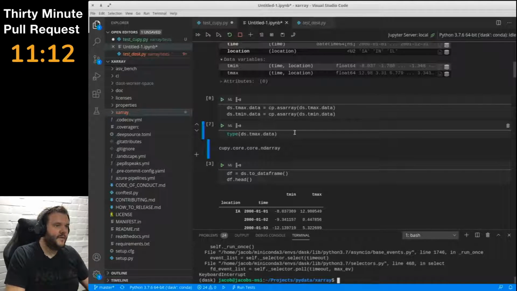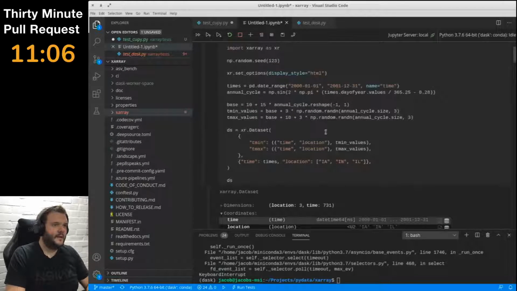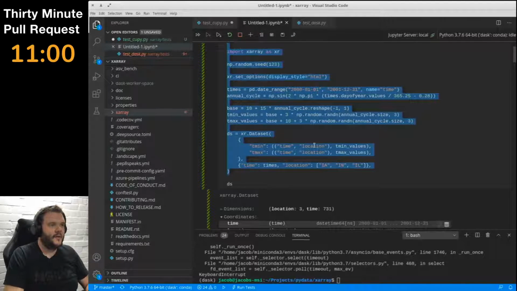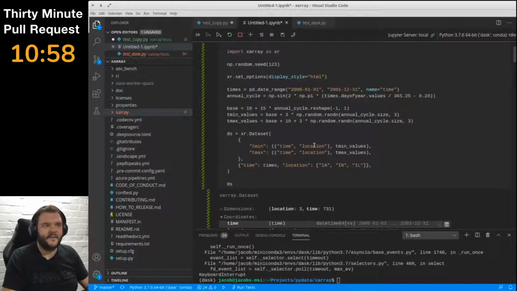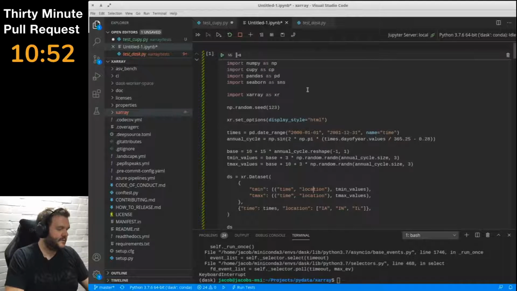We've now got these two arrays that are CuPy arrays instead of NumPy arrays. There are a few things we need to think about. Obviously this is constructing a fake array, but all of this could come out of doing xarray.open_dataset and giving it a file, and it loads this kind of thing in. We could even output this to a file and load it back in again just to make ourselves some dummy data that is loaded from file. We need to think about